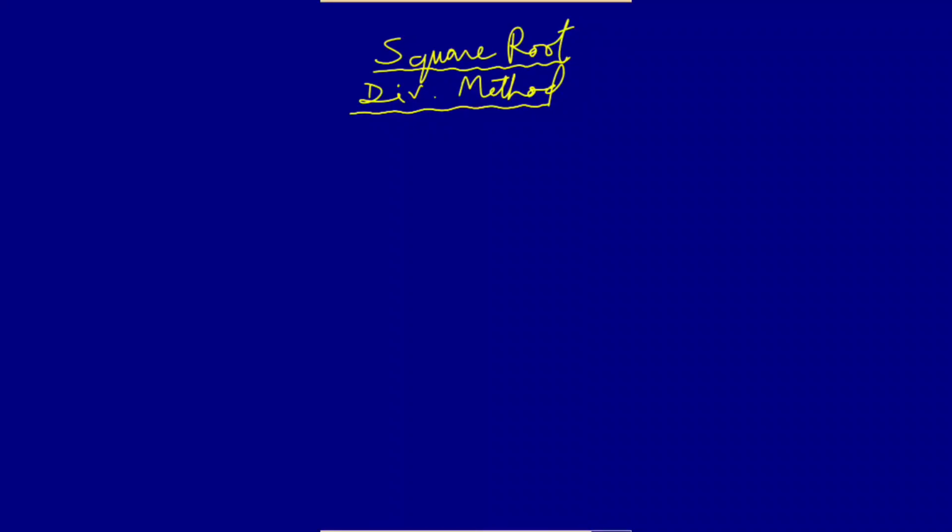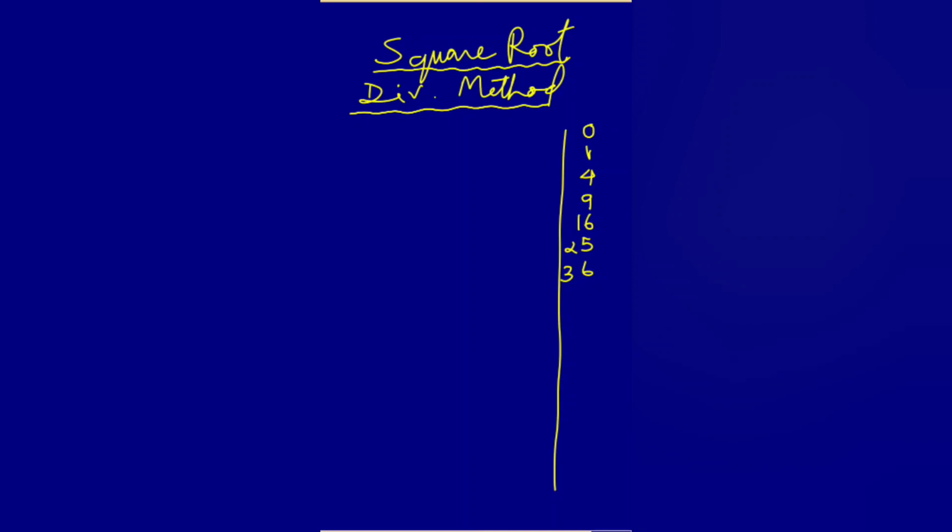Now before I start, one thing you need to know, let me write it on the right-hand side: squares. The square of 0, 0 multiplied by 0, is 0. The square of 1, 1 multiplied by 1, is 1. You need to know this. Make a table and learn it. 2 2s are 4, 3 3s are 9, 4 4s are 16, 5 5s are 25, 6 6s are 36, 7 7s are 49, 8 8s are 64, 9 9s are 81, 10 10s are 100, 11 11s are 121,